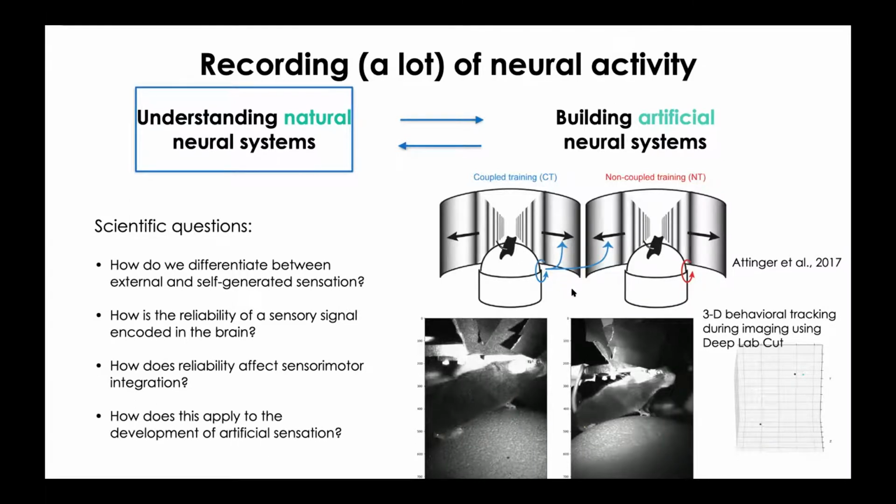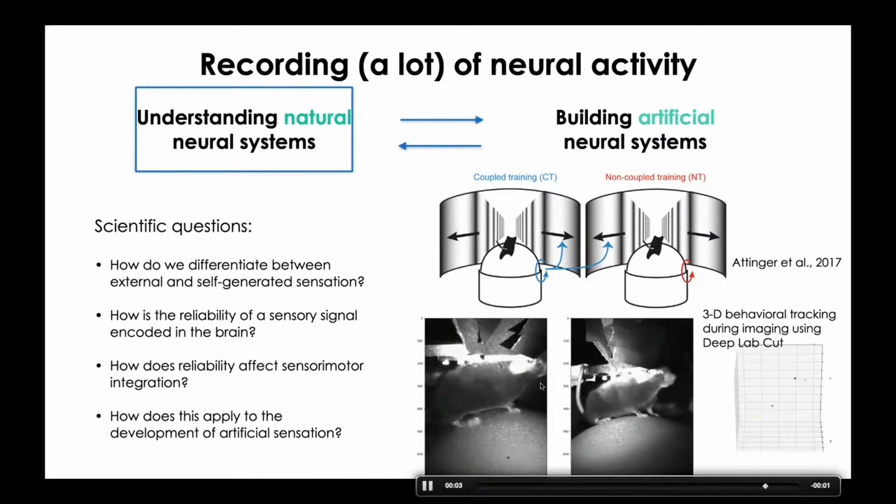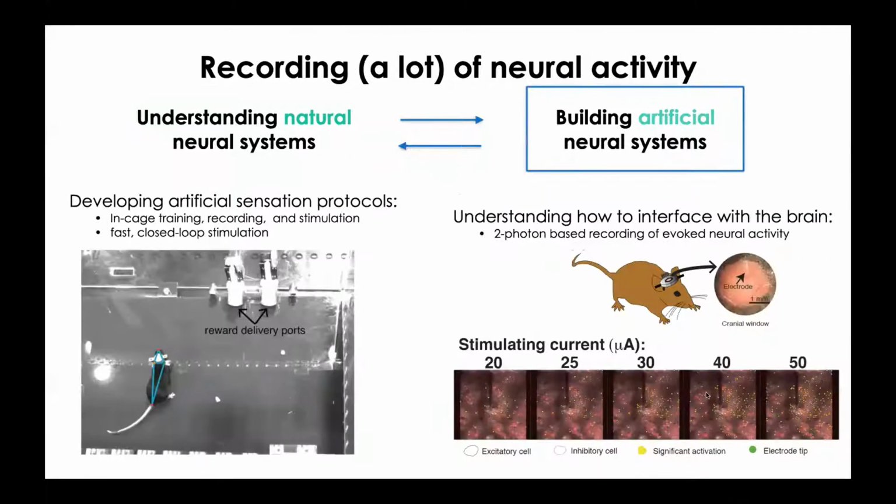from what they're actually doing, to better understand how the brain differentially represents this externally imposed vision versus self-generated visual flow. And that's a technique that my lab is looking at. And this is just a movie showing we're doing three-dimensional reconstruction of animal behavior in time. And then, once we have a better understanding of how these natural systems work, we really are working towards improving